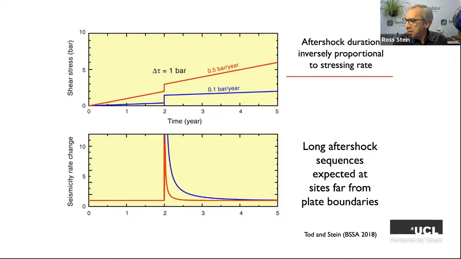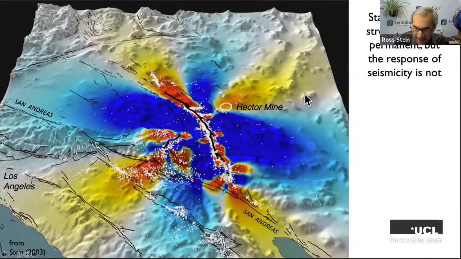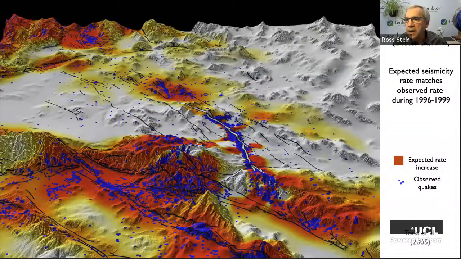Of course, it's a theory. It's not necessarily correct, but many, many efforts to test this theory have been propounded, and in general, it's found to work very, very well. Okay, with that in mind, let's go back to Southern California and put those concepts to work. Here is what we get when we apply Dieterich's equations to the stress changes that you just saw. Now we don't have blue zones, stress shadows, and red zones. We just have various hues of red.